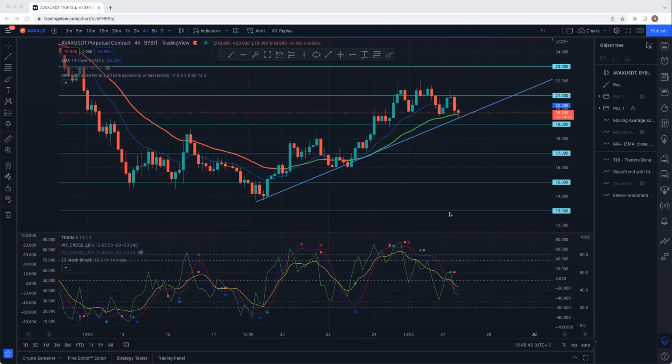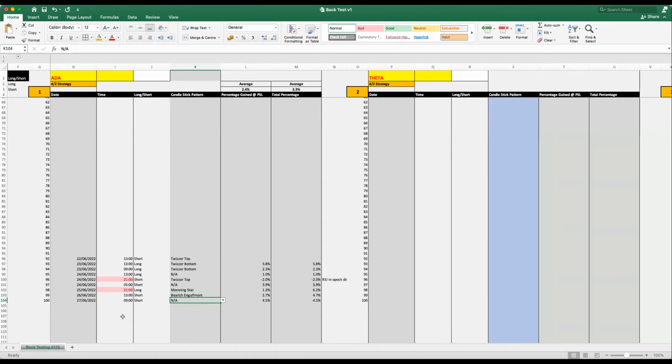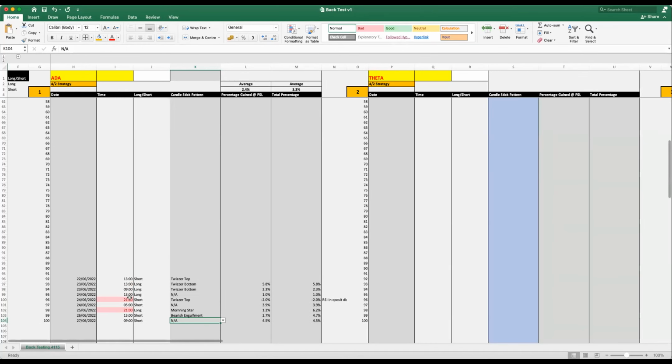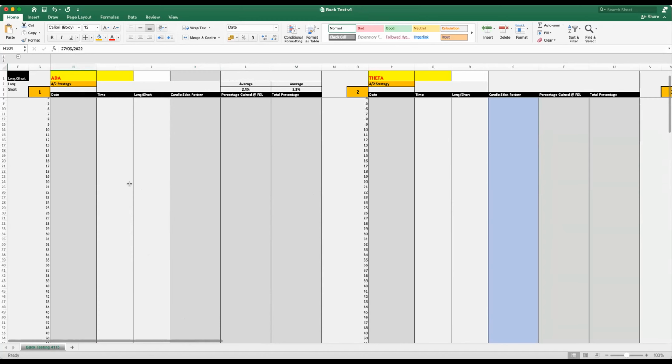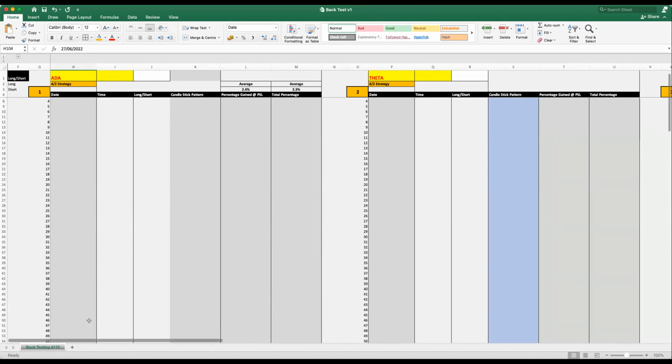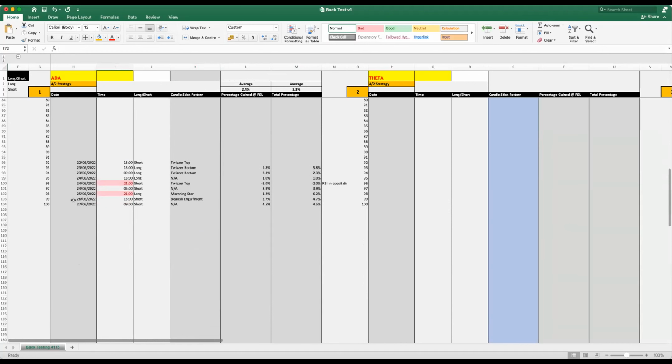So I'm going to share my spreadsheet now. This is a different spreadsheet, but I want to give you an idea. I'm doing a test, but this is a different test altogether, testing a different strategy. And so I decided that rather than starting from the number 1 down, which means I have to go back all the way on my charts to find something from the past, I actually started from the current position.